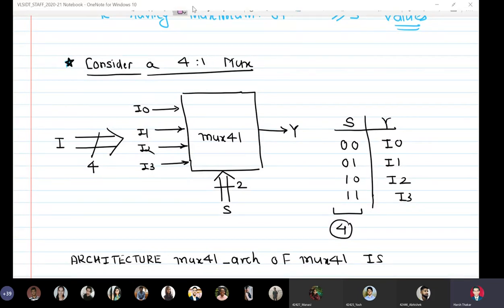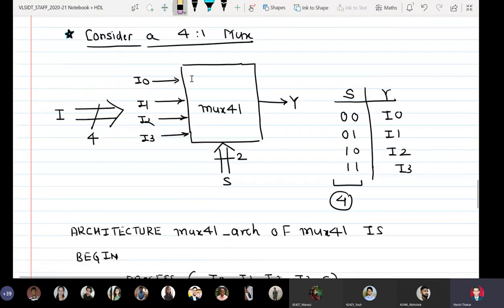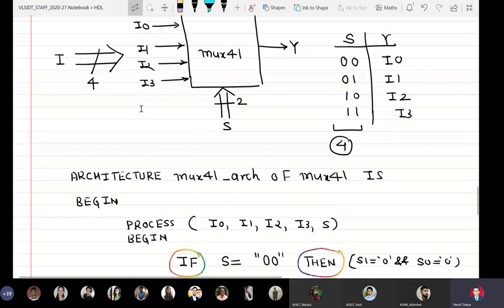Okay, and in this case, if we would have defined the 4 inputs as a vector, then the individual bits will be like this. The first input will be I parenthesis 0, the second will be I parenthesis 1, then parenthesis 2, parenthesis 3.